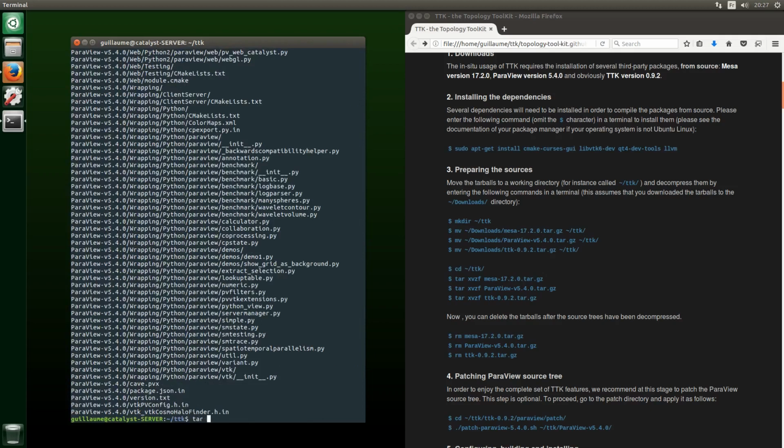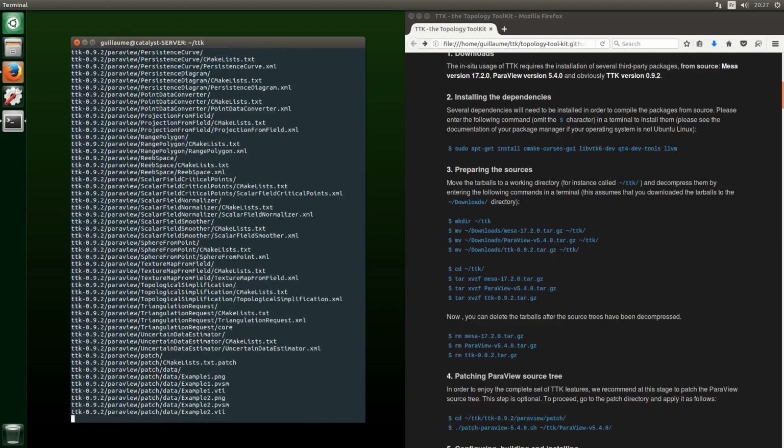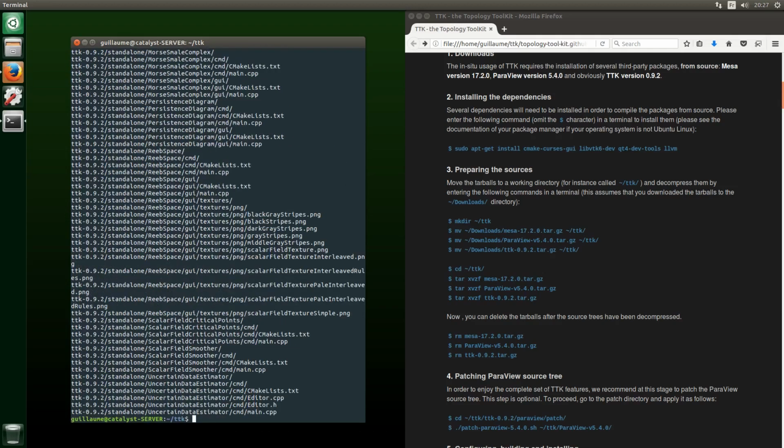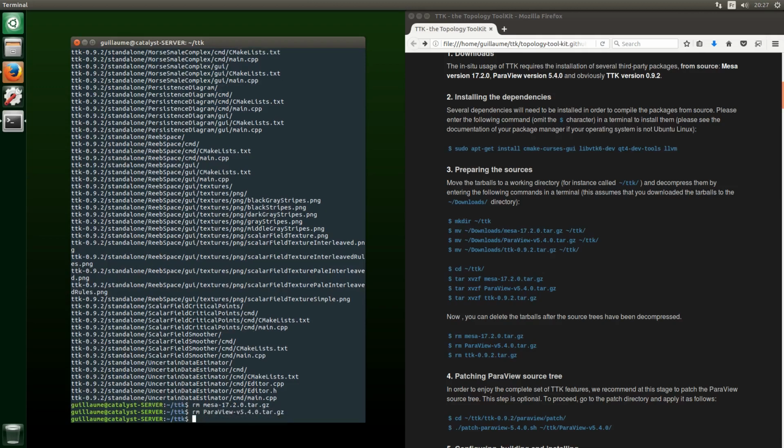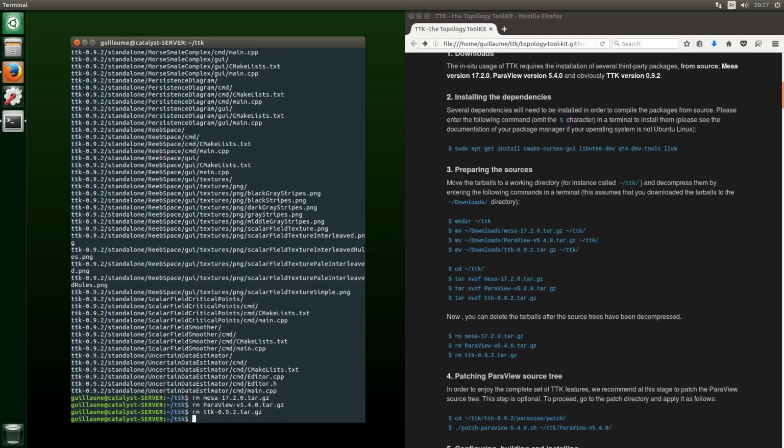Tar xvzf TTK. Okay, so now we no longer need the tarballs, so we will delete them. rm Mesa, rm ParaView, rm TTK. Okay,